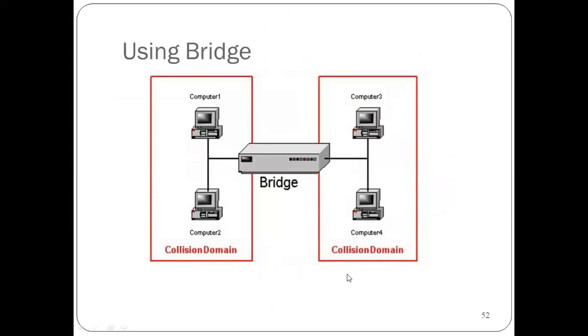And in this particular image, you can see that the bridge tries to improve the efficiency of the network, in a sense that it will divide the broadcast domain into different partitions. Over here is a different collision domain, and over here we have another collision domain. So what will happen now is they will have a different room for packets to reach the destination, and there will be less collision, right? That's why we are saying that the bridge is acting as an efficient device for improving the network